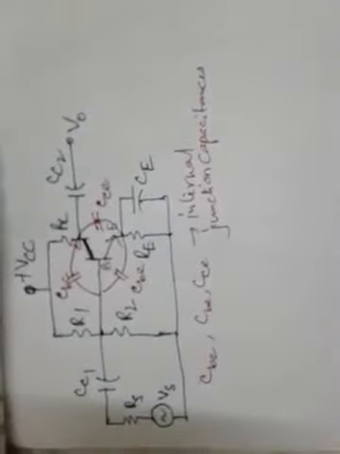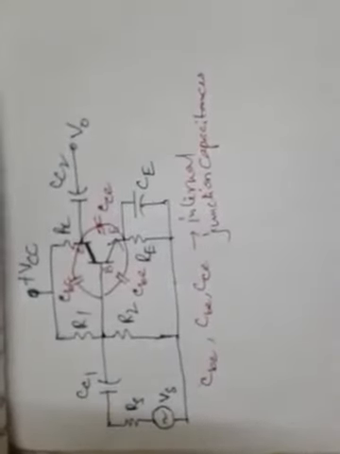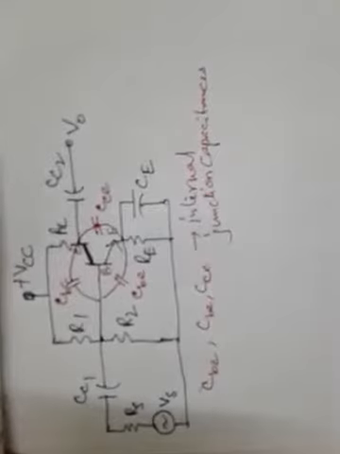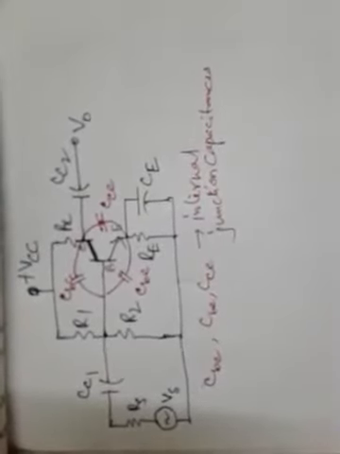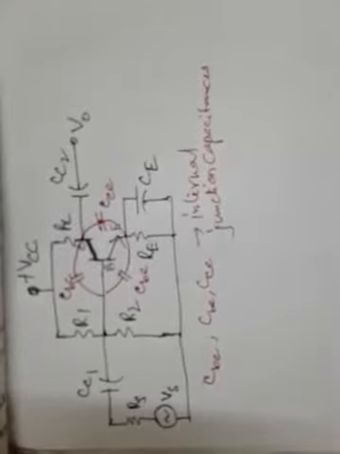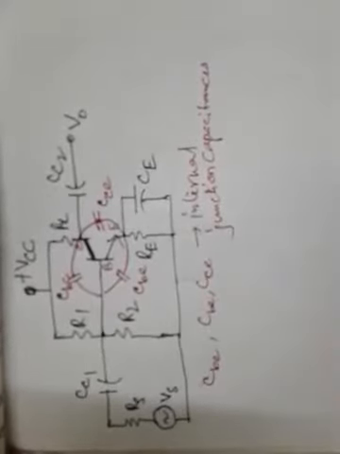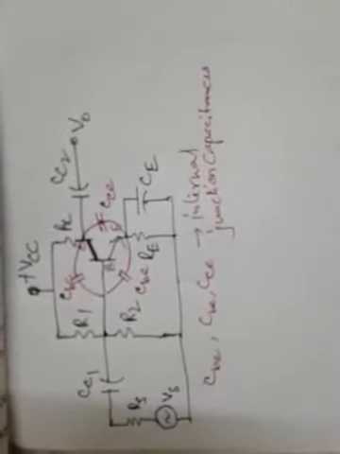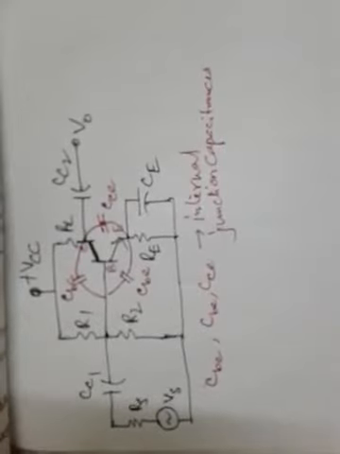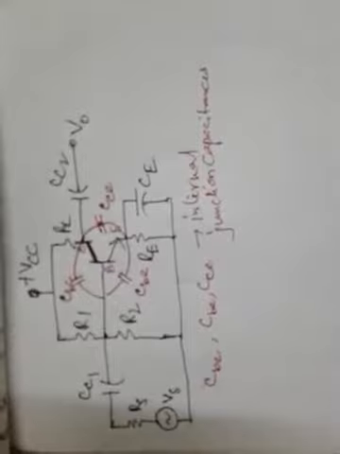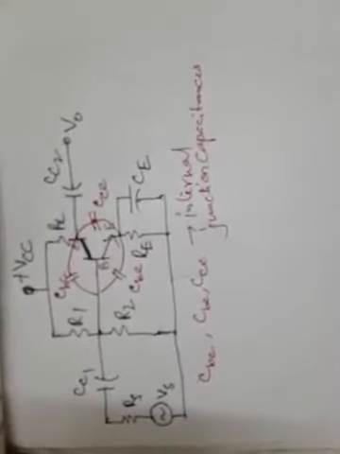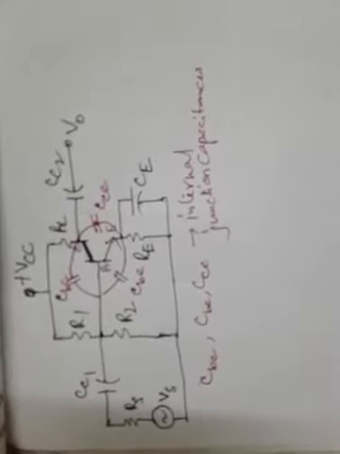So it will make a loss in the voltage gain and output will be decreased. From this discussion you can understand why, at high frequency, in the region where f2 goes to infinity, the voltage gain of the transistor amplifier is steadily decreasing. So this is one reason, because of the presence of these internal junction capacitances.